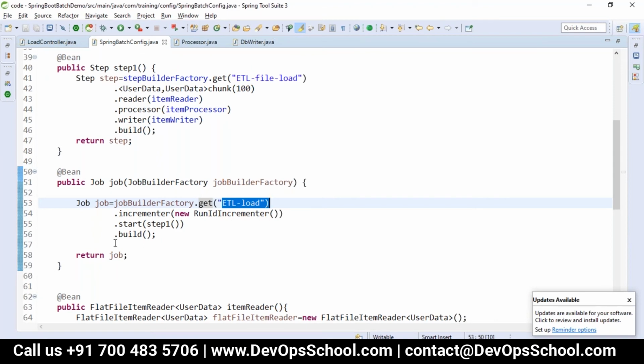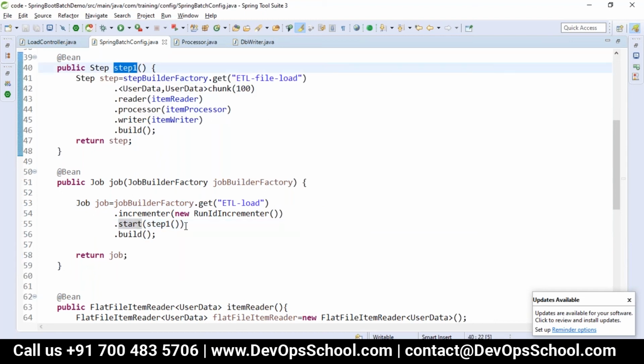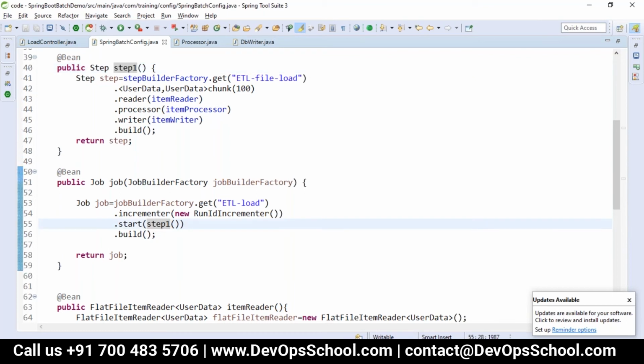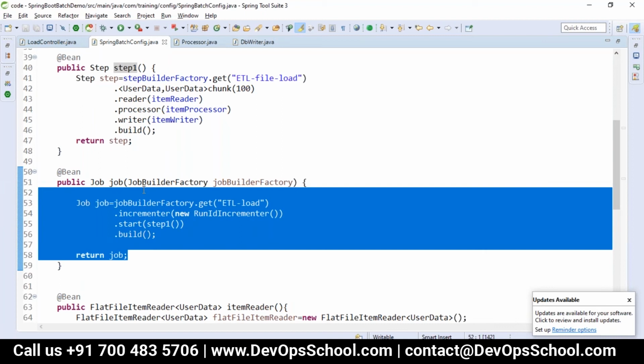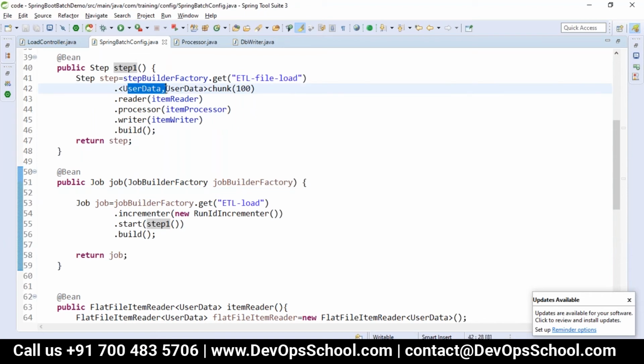Then the incrementer is sent, which is the run ID incrementer, and I should start my job with step 1. This is the method which I want to call here. For this job, there is one step, so we have passed here step 1, and we build it and return the job. For that, we took here step 1, which is step builder factory dot get, which takes what type of data.